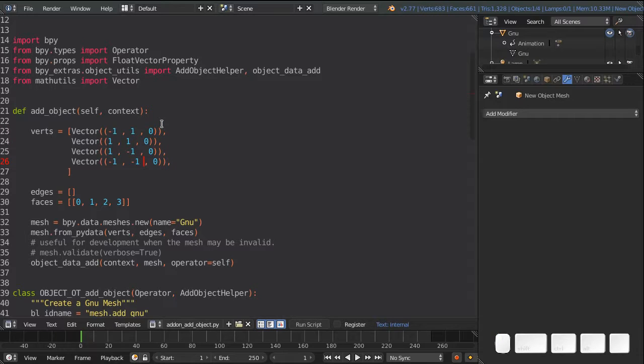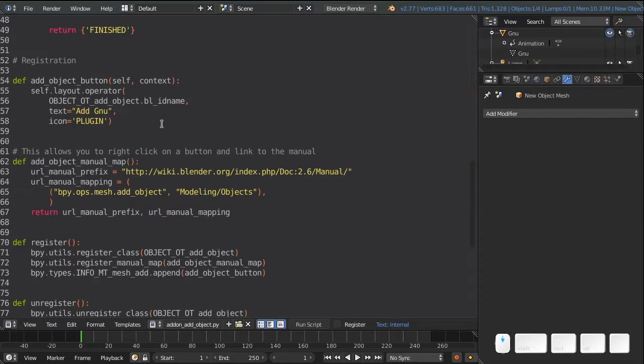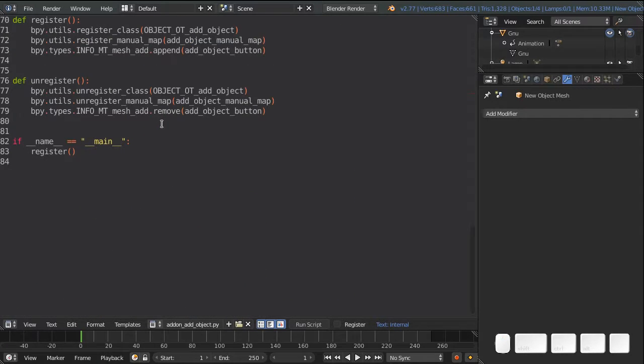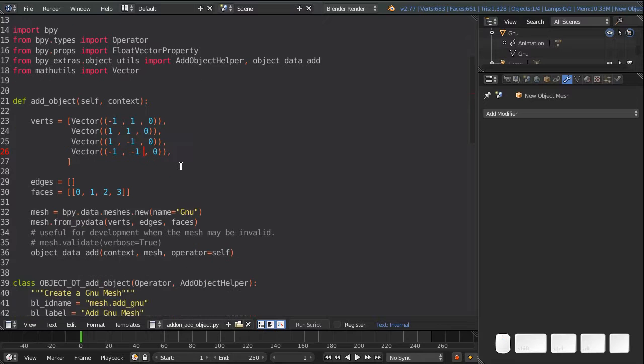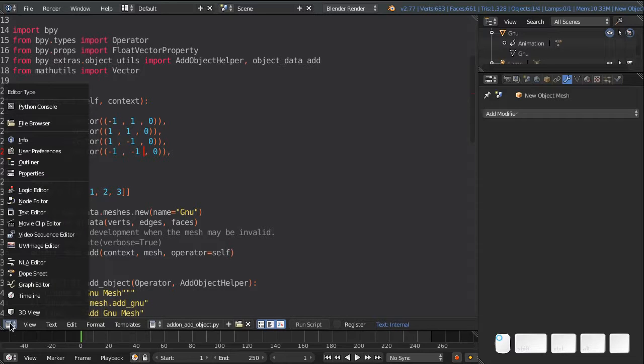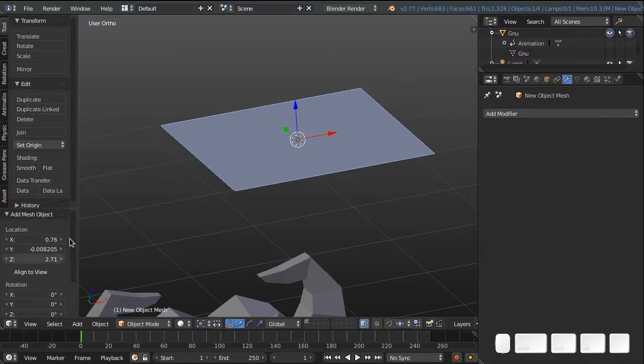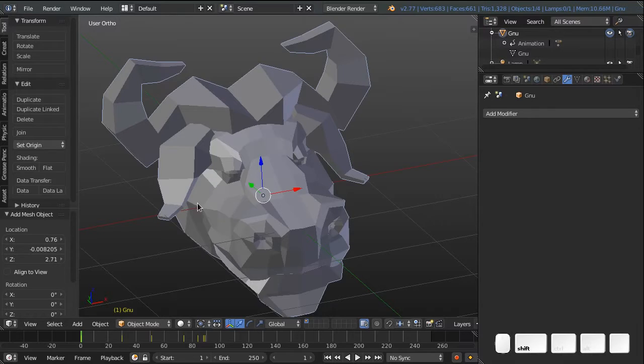Our problem is that this is still just going to add a plane. Even though it's going to have the right name and everything like that, it's not going to add a GNU. It's going to add a plane. So we need to get our GNU into these two lists here. So the vertices have to be the vertices of our GNU mesh, and the faces have to be the faces of the GNU mesh. So let's go to 3D view, and let's click on our GNU mesh,